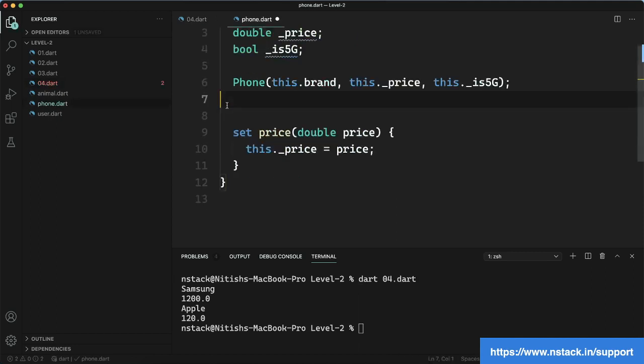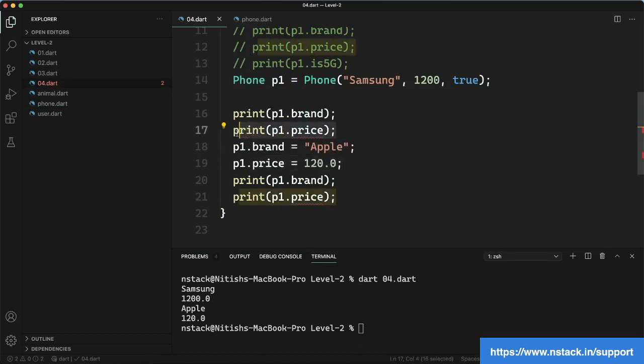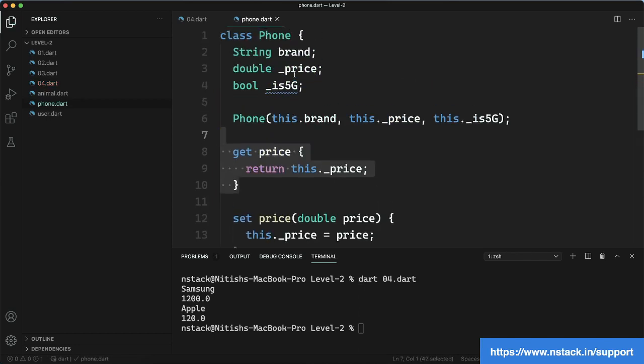Suppose we remove the getter, which is the get. You can see that now I am getting an error when we are trying to get this, but when we are trying to set or update this, we are not getting any error. So I hope you got the concept of getter and setter. Whenever you make something private and you want that access should not be allowed outside of the class, or that no one should be able to update this from outside and they can only get the value, in that case you can use getter and setter. You will find lots of use cases, but I hope you got the concept of getter and setter and private in Dart.